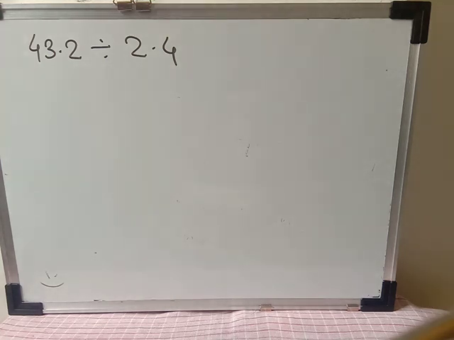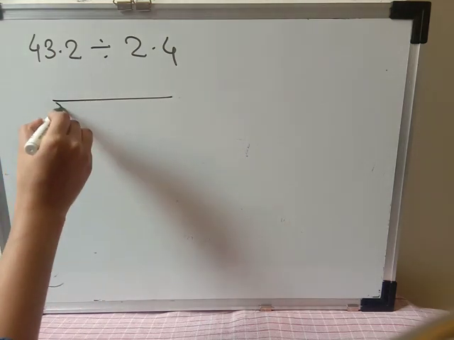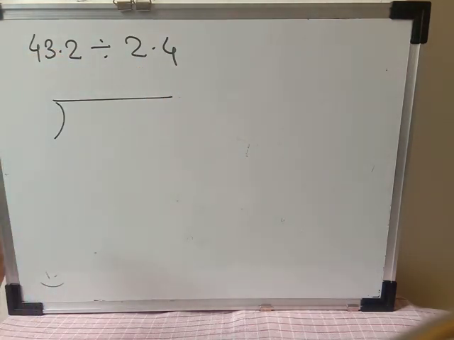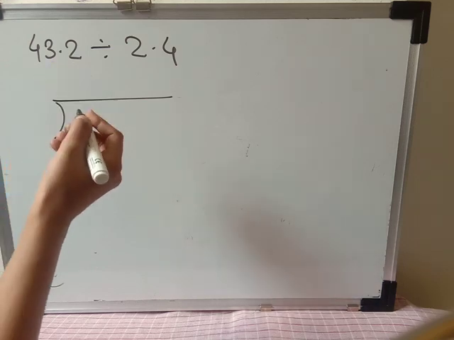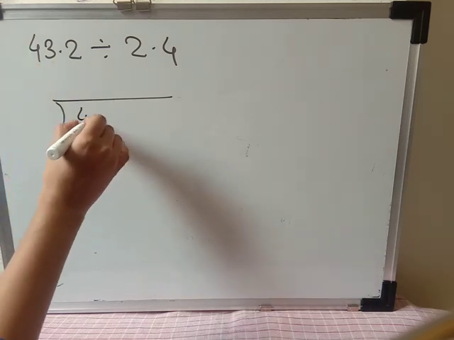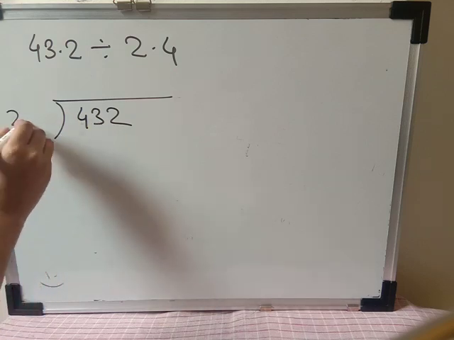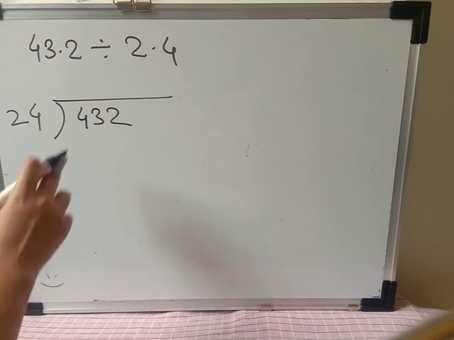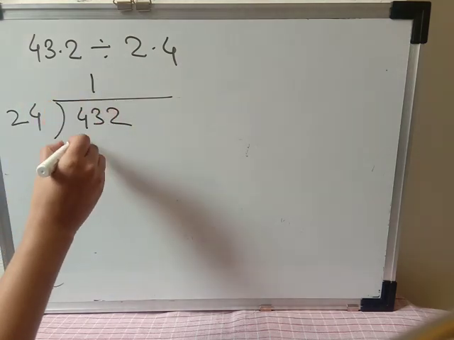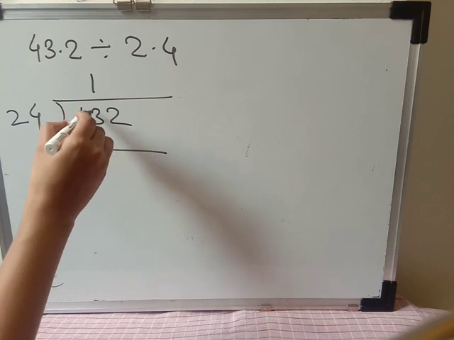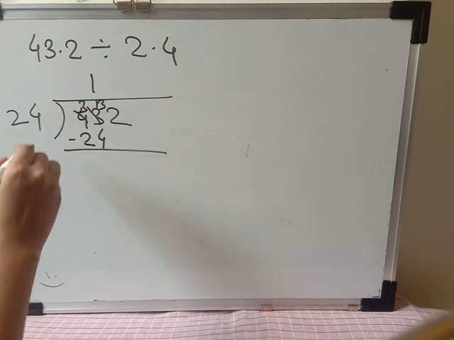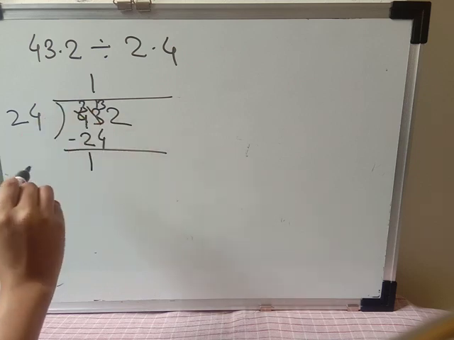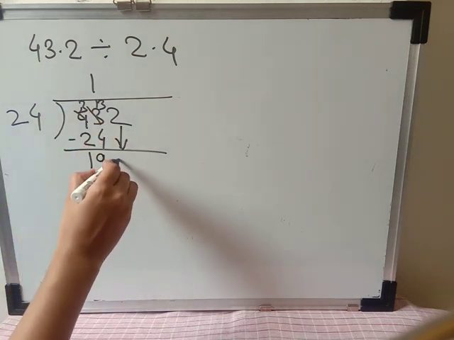So student, let's do the division. I told you that whenever you are doing the division without reciprocal, remove the decimal sign, and without decimal sign just do the division as a whole number. So 43.2 means 432 divided with the 24. So 24 twos are, that is 48. So we can't divide the number, so 24 ones are 24, and here we have to borrow 1, 3 will be here, 4, so here 2 minus 3, that is 1, and 4 minus 13, that is 9, and take 2 down.